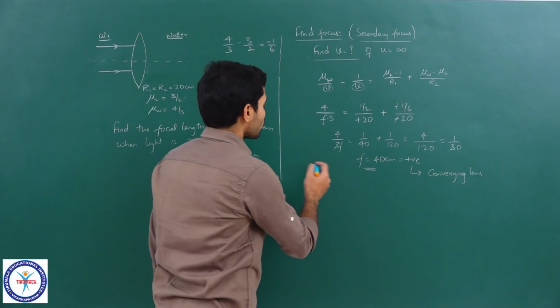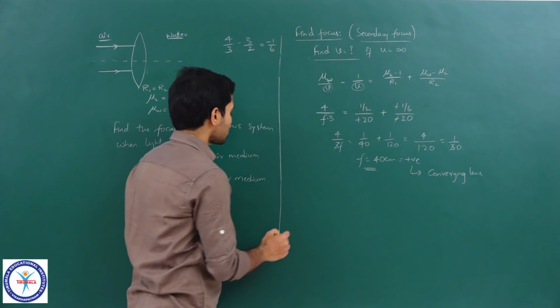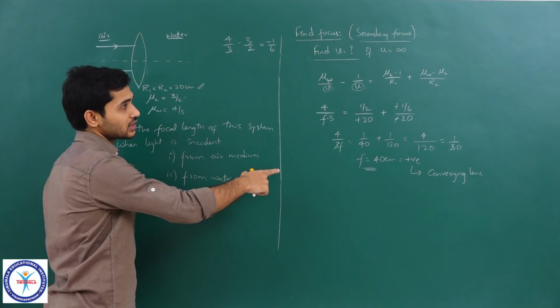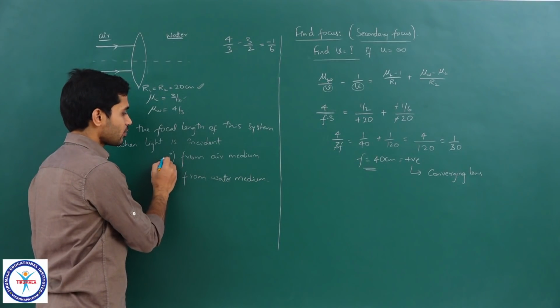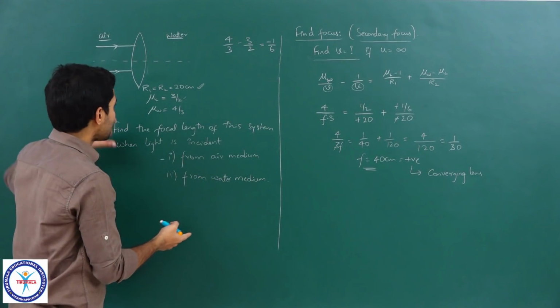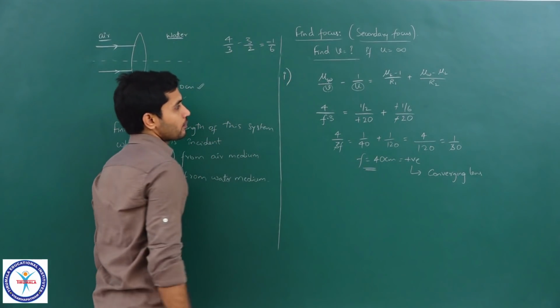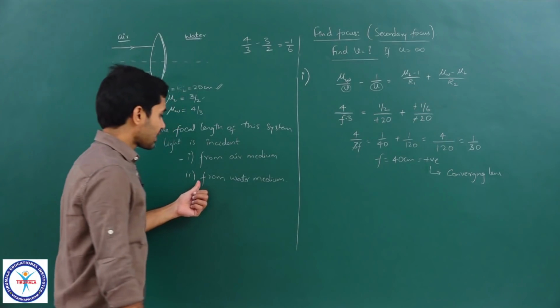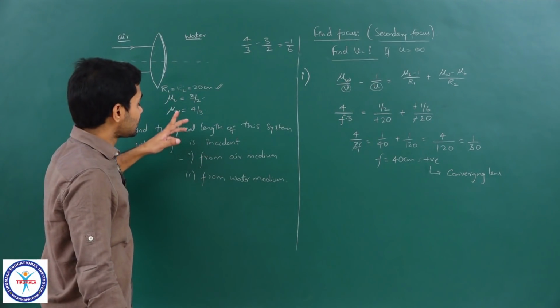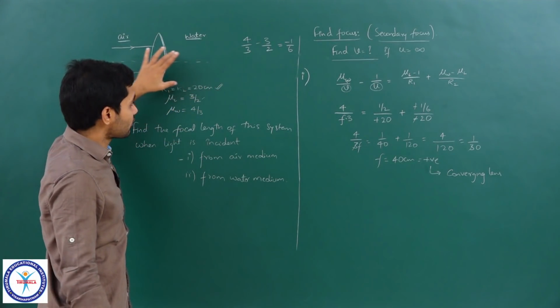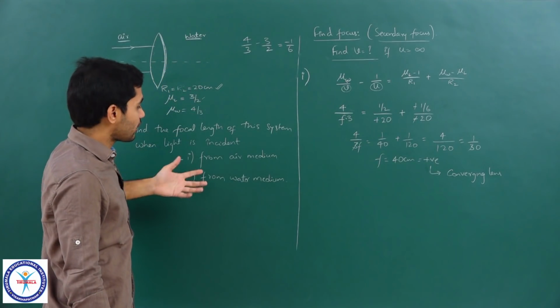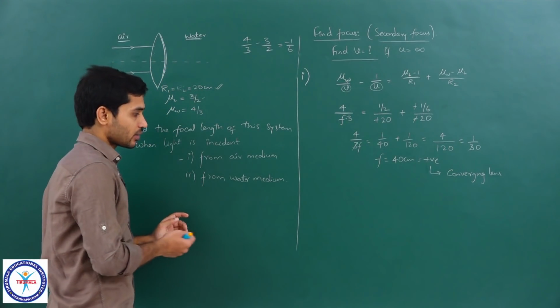Clear? Okay. So we have only done one part of the question. There is another part. What we have done here is for light traveling from air medium. So light is incident in air medium. So this is for the first question, right. Now if you look at the second part, we know that the light rays are traveling from this direction, right. So we will have to completely change the diagram altogether.